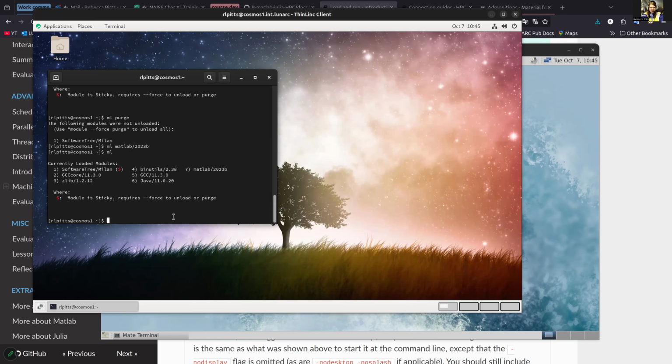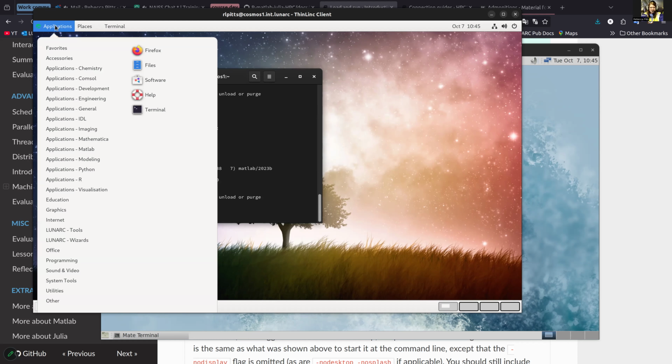And it's pretty much the same story on Cosmos. So if you want to start MATLAB, you just type it. And you'll notice I opened this terminal from favorites. This terminal runs on the login node. It always runs on the login node. If you want to run a terminal on anything other than a login node, you need to go to one of these terminals in Applications General,